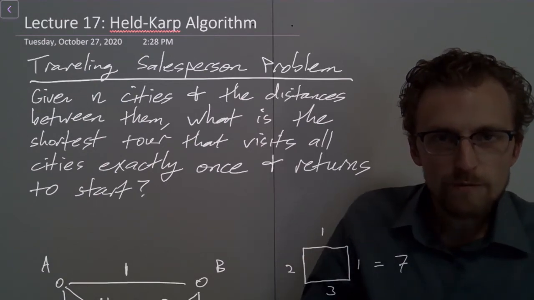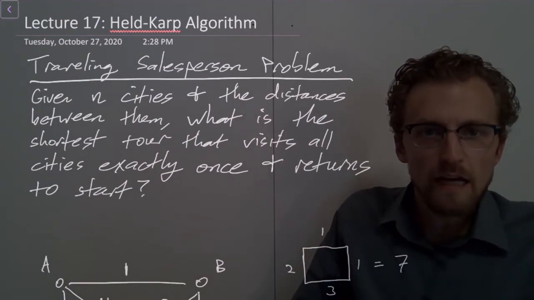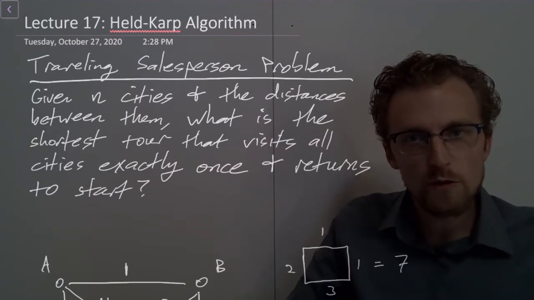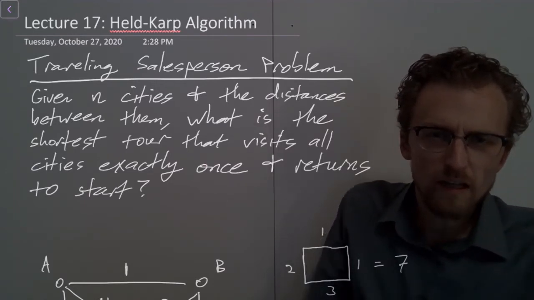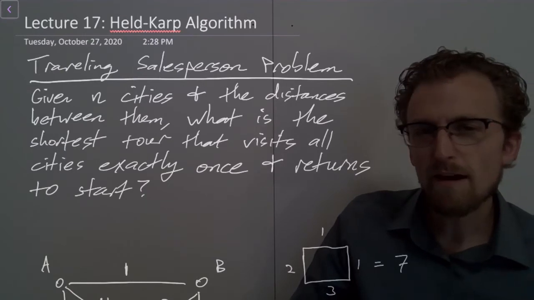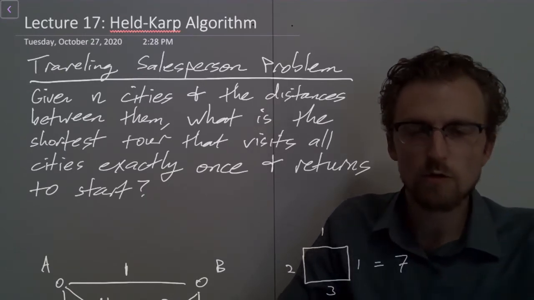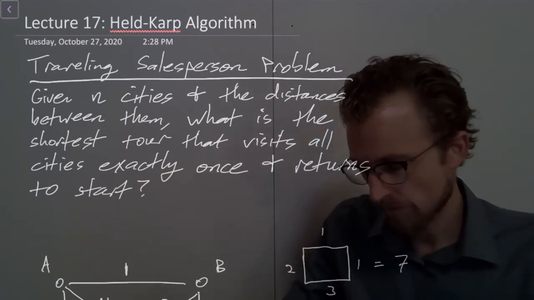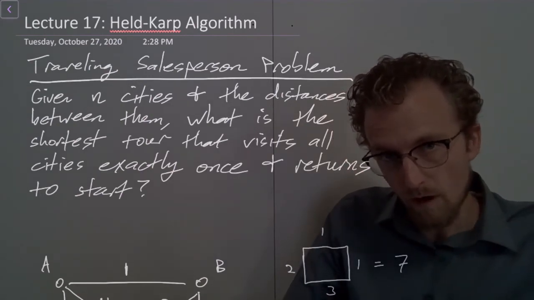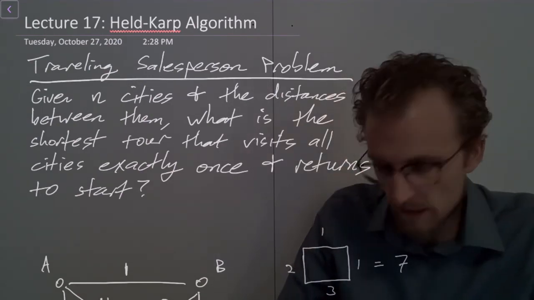Welcome back to Algorithms. So today we're going to talk about a DP algorithm that lets us solve the traveling salesperson problem in kind of the fastest known time, right? The fastest known time that gets us an optimal answer. So I'll just remind you quickly of the traveling salesman problem, but most likely this is something that you remember